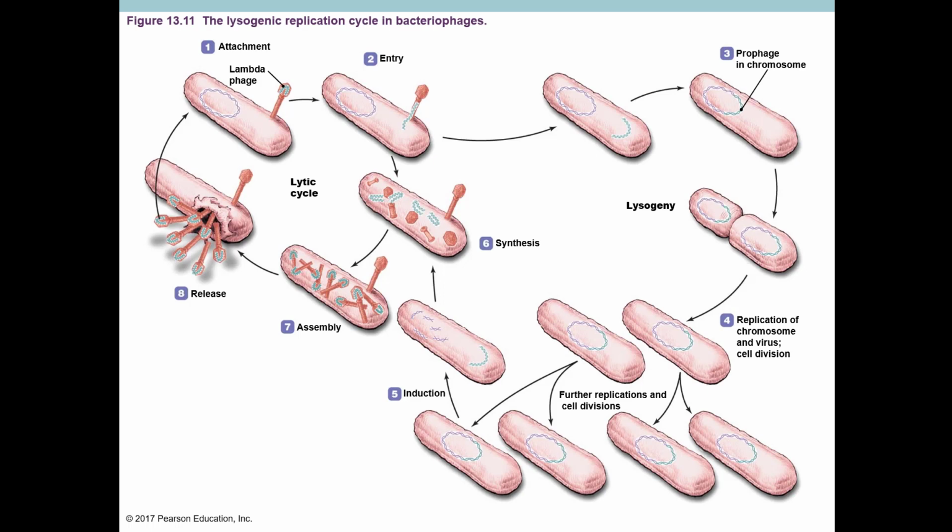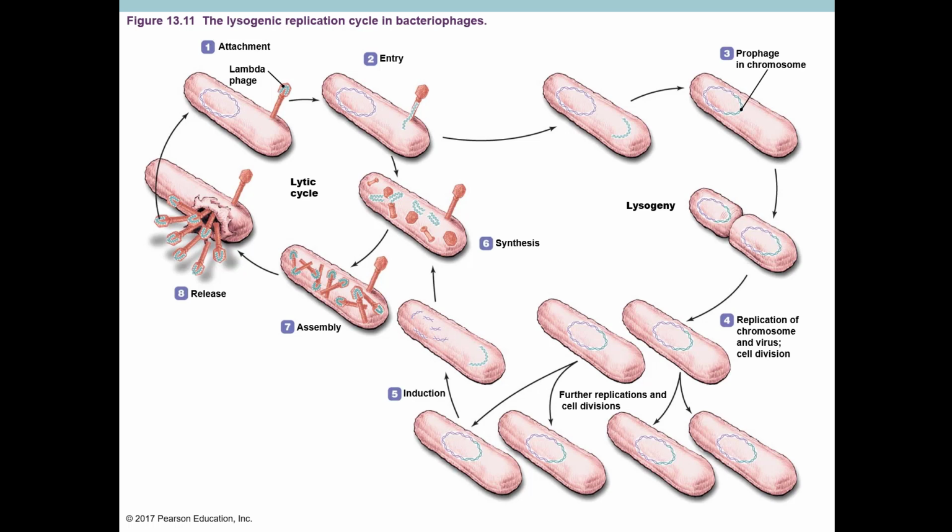Now this is the lysogenic cycle. Again, that term would only be used for phage. But what you can see here is on the top left the typical lytic cycle. So number 1 is attachment. The phage attaches to the outside. Number 2 is entry. And then in the lysogenic cycle, you take a kind of diverted path towards the